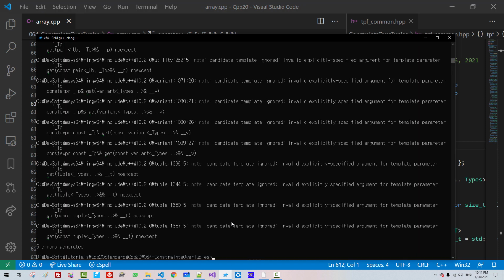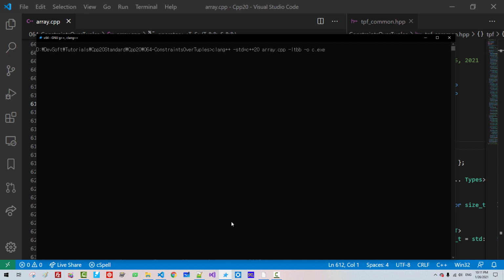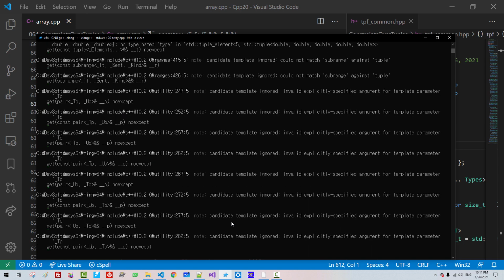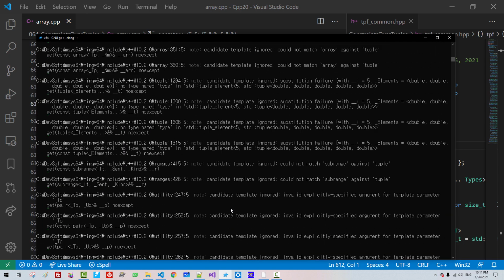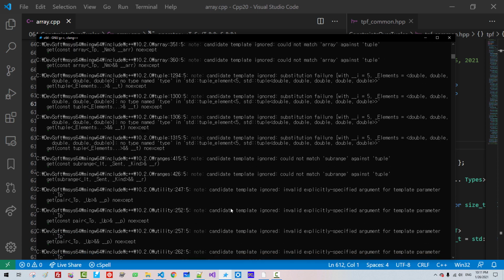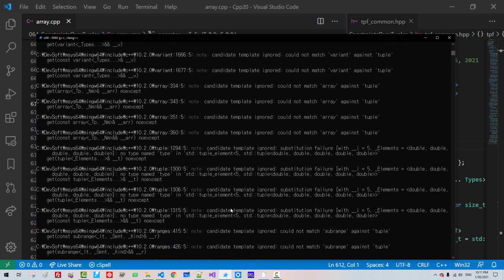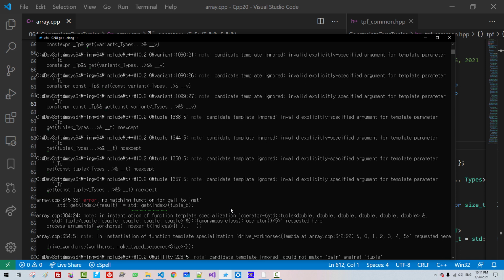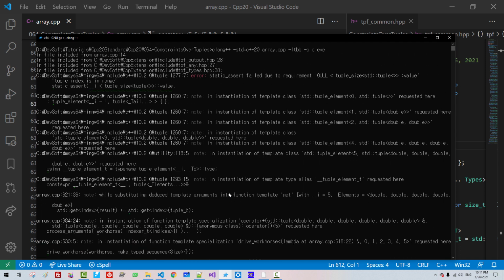Here once again, we build again. We have a huge error message like this. The error comes from a very weird place, in the C++ standard library source file, line 1277.